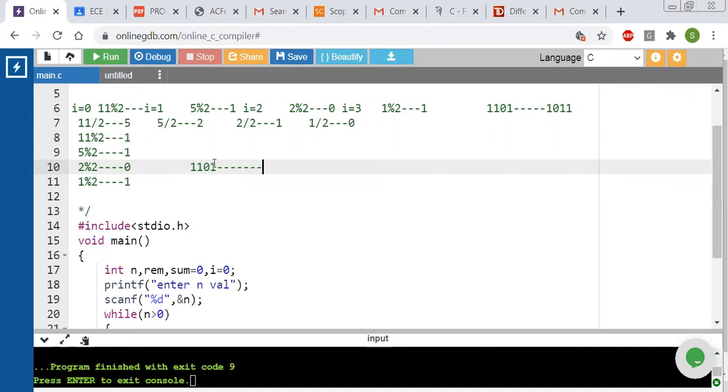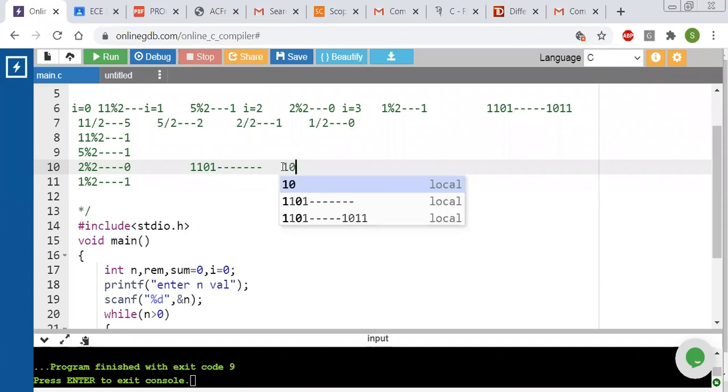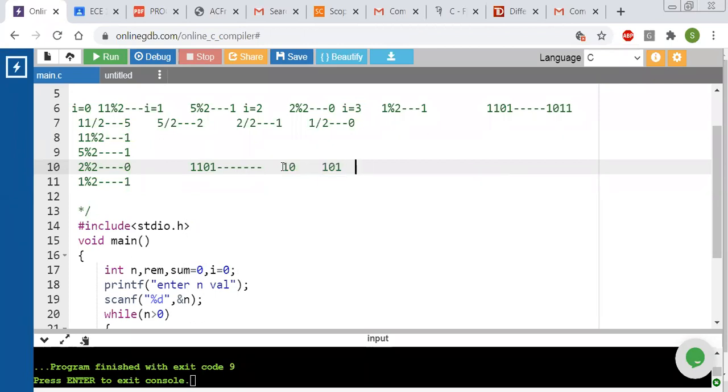So what we have to do is first this 1 has to be moved here, and 0 will be added here. So after the first step it has to become 10. After the second step it has to become 101. After the next step it has to become 1011. So try to think how to do this. Initially the remainder is 1, and then we are adding the remainder. We cannot add the remainder directly here.